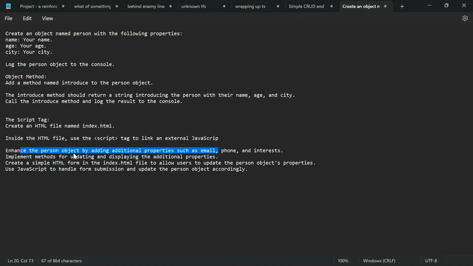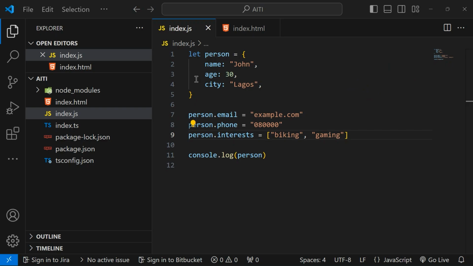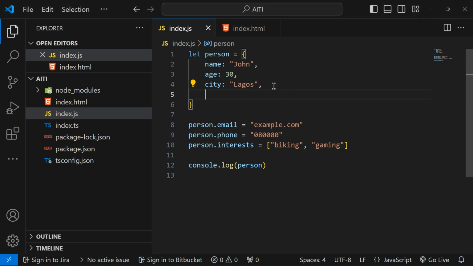Now it says we should implement methods for updating and displaying the additional properties. So I'm going to have